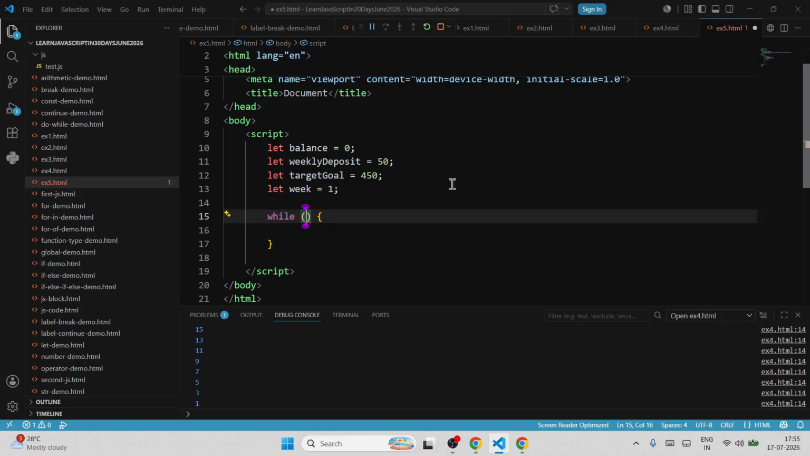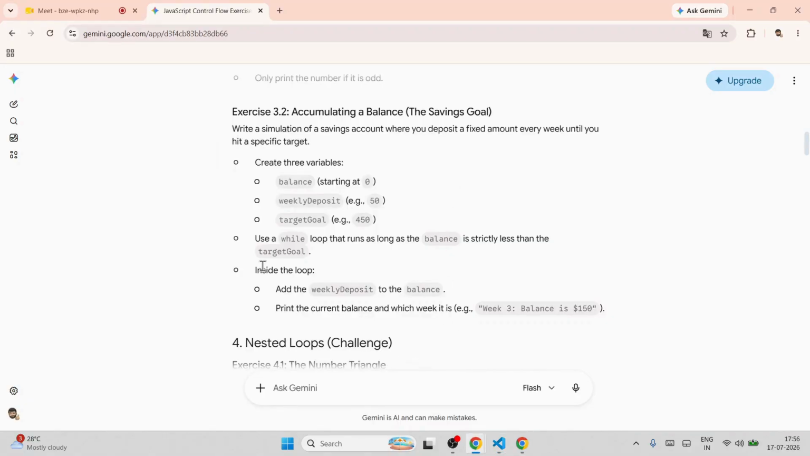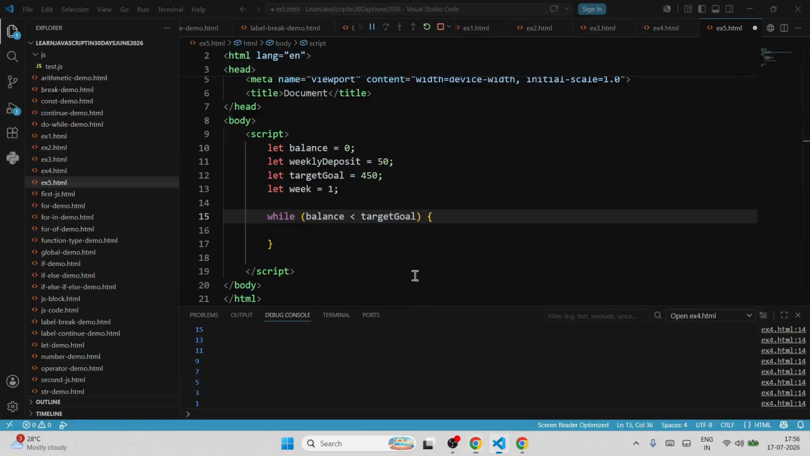Till your target goal is not achieved. जब तक बैलेंस ये स्ट्रिक्टली लेस देन क्या है? टारगेट गोल. यहां लिखा भी है देखो, right? Use a while loop that runs as long as balance is strictly less than the target goal. तो जब तक बैलेंस ये टारगेट गोल से कम है तब तक वो डिपॉजिट ऐड करने का प्रोसेस चलने दो।